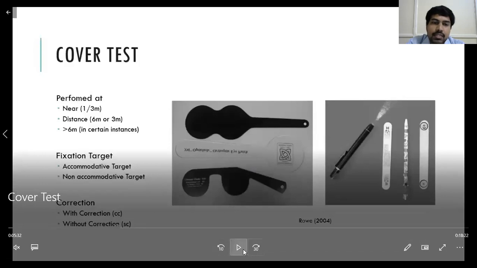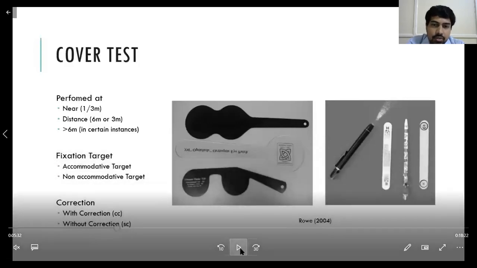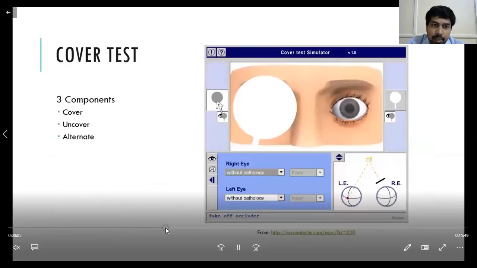So that's why you have to check with glasses and without glasses. Suppose without glasses there is a squint, and with the glasses the squint is completely normal. Then you can just give glasses so that his problem is solved. No need to go for any complicated surgeries.